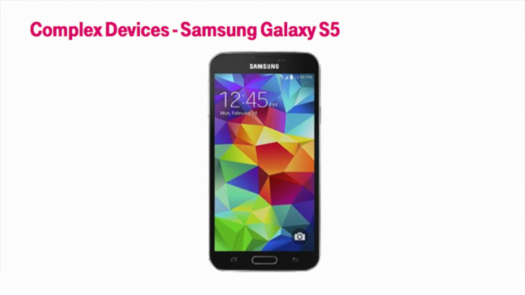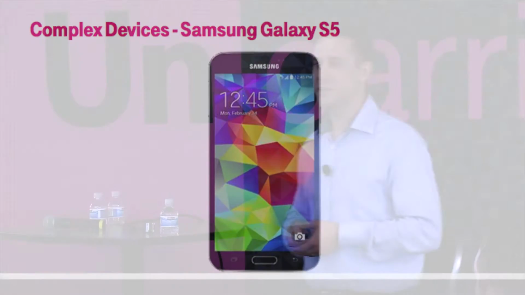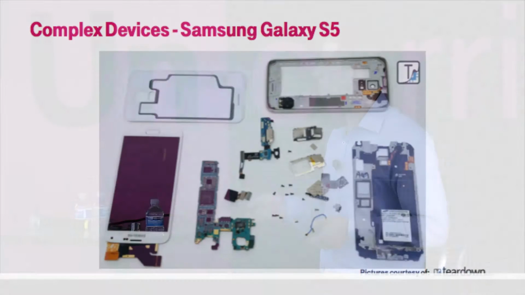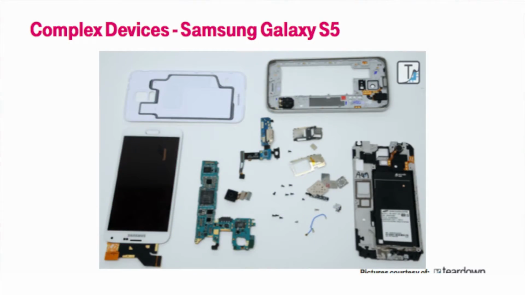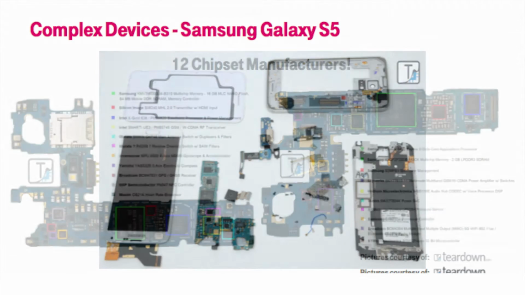So now let's talk about the device. So the GS5, this is what you're all hoping to get, right? So it looks fairly simple. Well, let's break it down. So GS5, this is actually the device you're going to be getting today. So I hope next time you'll be able to bring it back in the fully configured position. So this is what GS5 looks like when it's broken down. Looks a little complex, but not all that much. There's some major components there. Now let's take it down a step further.